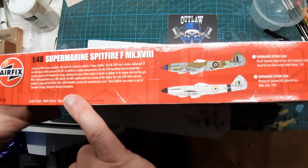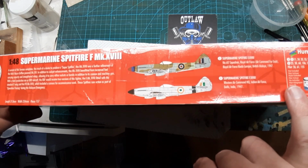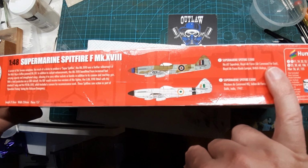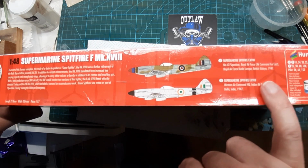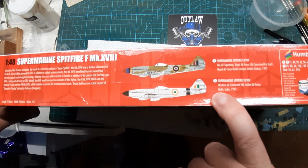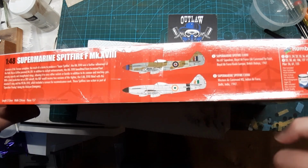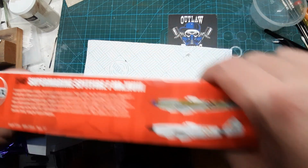Sorry about the gear. Two marking options. One is the RAF Far East, I think this is the Malaya emergency. The other one's in the Indian Air Force in Delhi, India, in 1947. On that side,